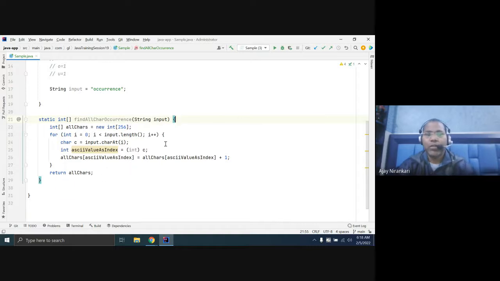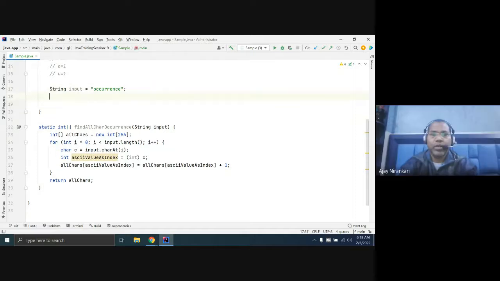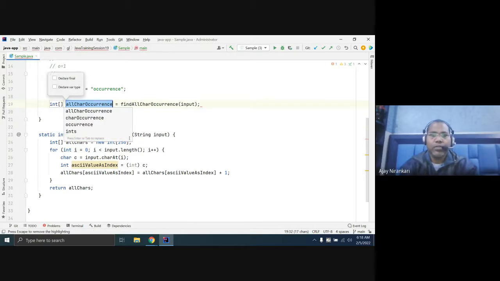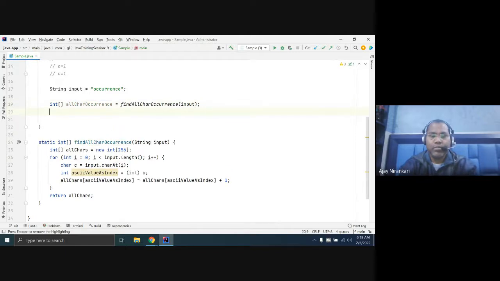Till now, any doubt with this logic? No, sir. So let us invoke this method, find all occurrence, pass the input and get the output, and print it.